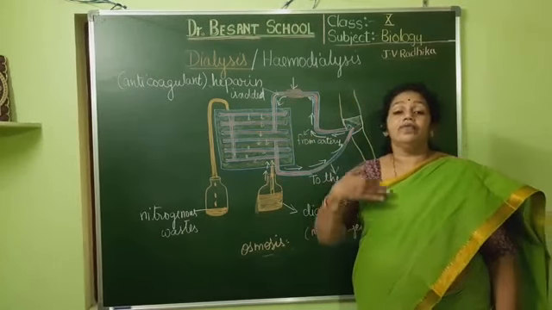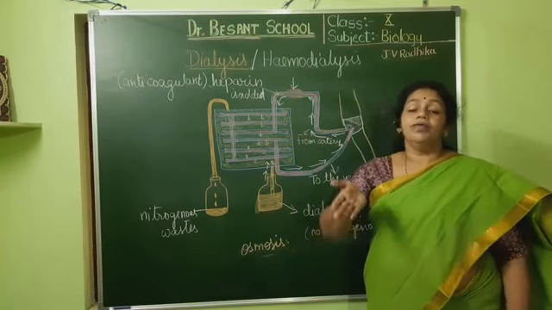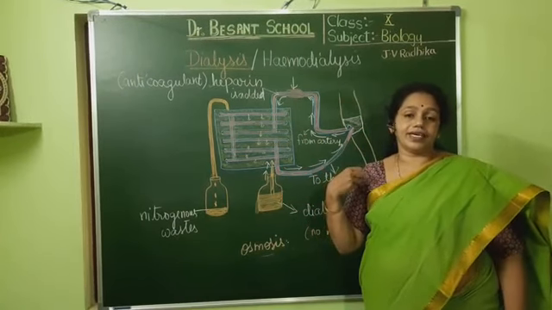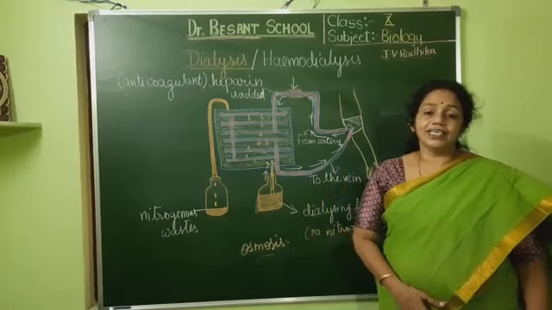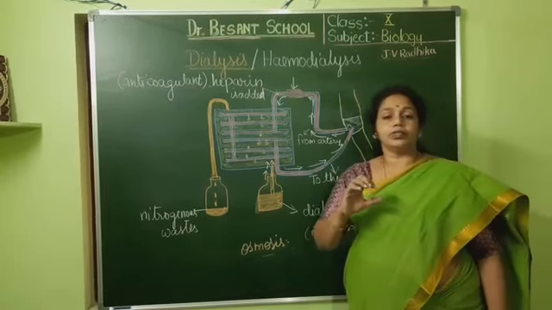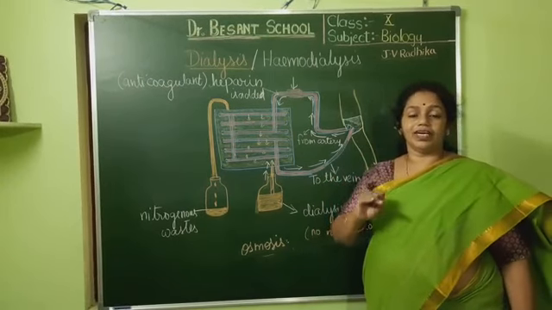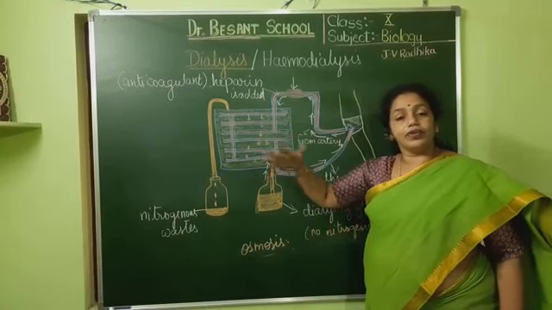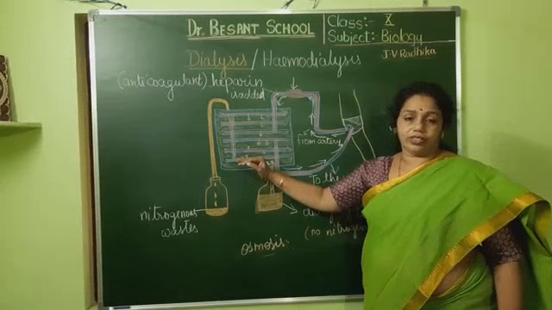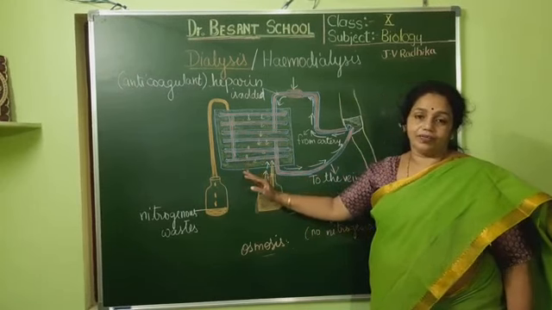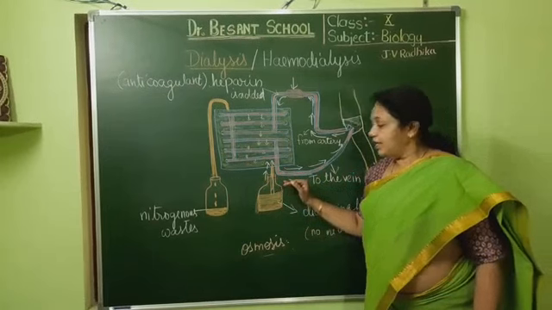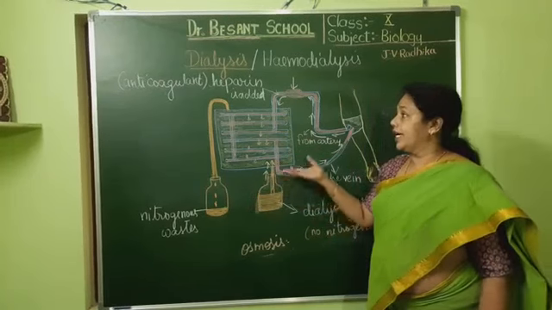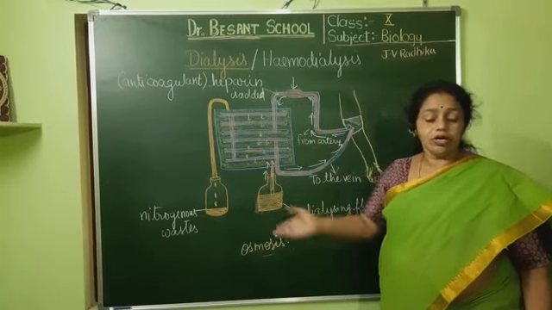In our natural kidney, we have seen that reabsorption occurs. That means whatever waste goes into the nephron, useful substances are again collected back. Where are they collected? Can you remember? At the PCT, isn't it? In the proximal convoluted tubule, there is reabsorption of useful substances like glucose, vitamin C and all. But that will not occur in the artificial kidney. All the wastes are thrown. If any useful substances are also lost, they will be lost. So that's how it is different. But, children, this dialysis or hemodialysis helps the person to live longer.